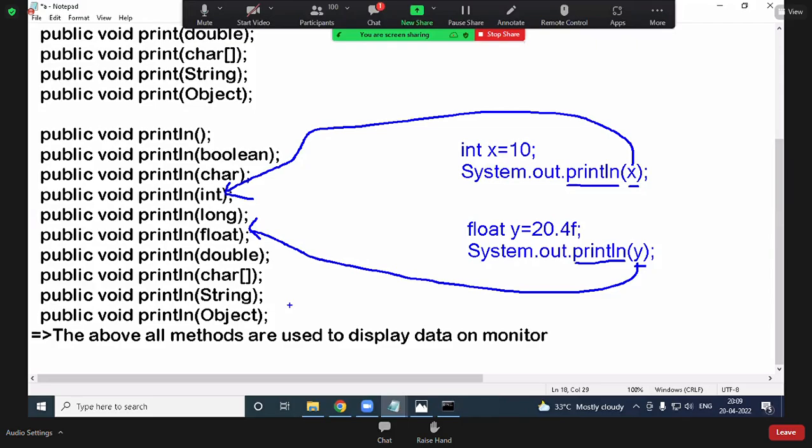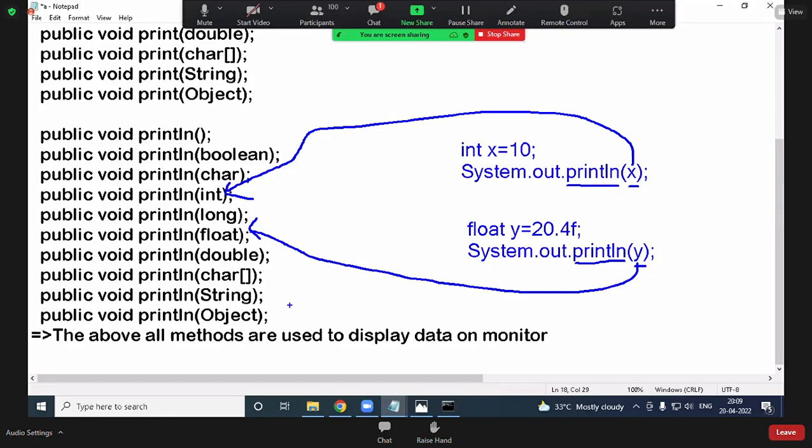Every day you write System.out.println. If you pass an integer, the integer method is called. If you pass a float, the float method is called. If you pass a string, the string method is called. If you pass a byte array, the byte array method is not there. Character array, the character array method is called. Double method is there, boolean method, character method. So it is not one method, 10 methods are there.